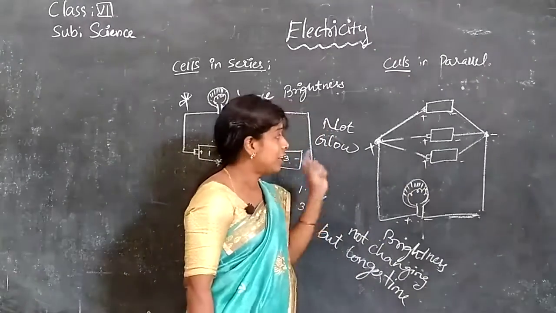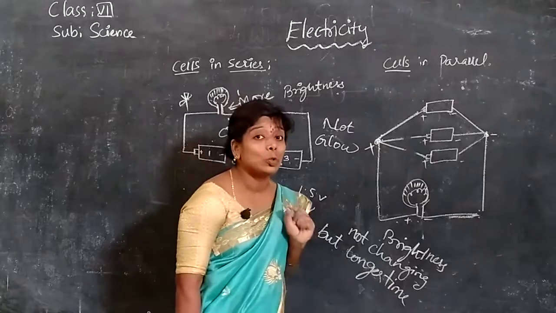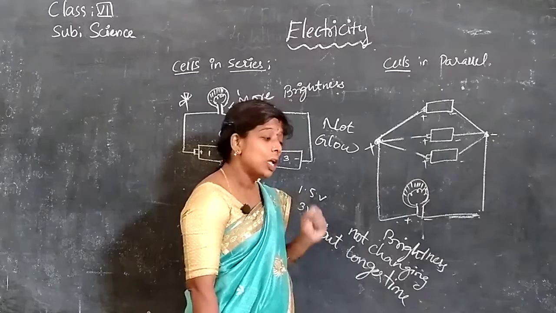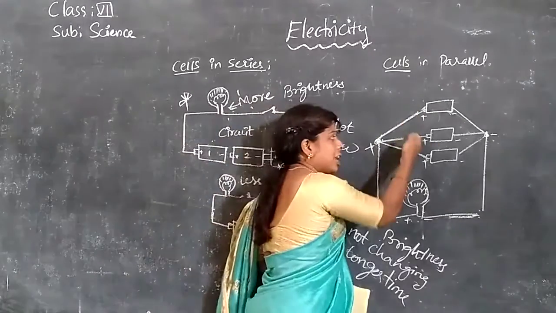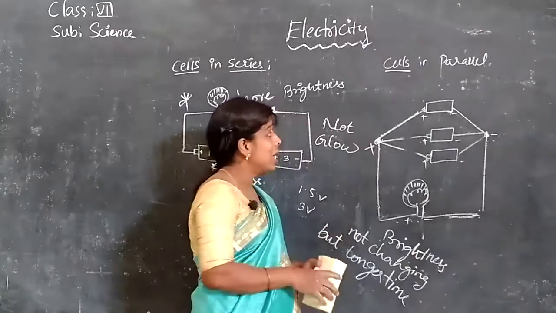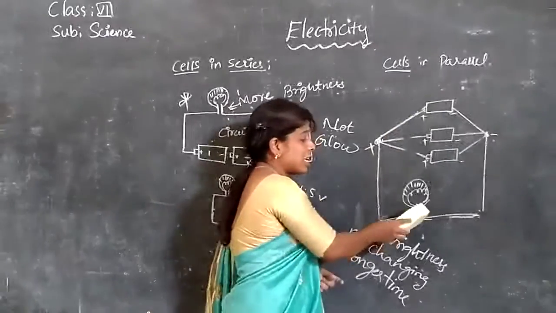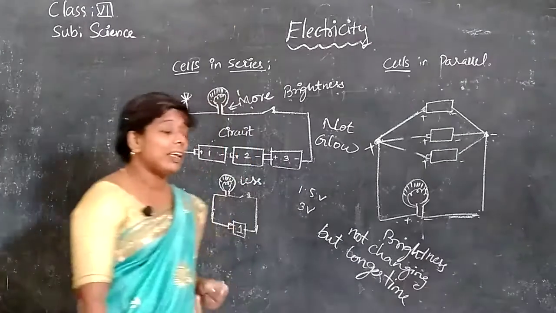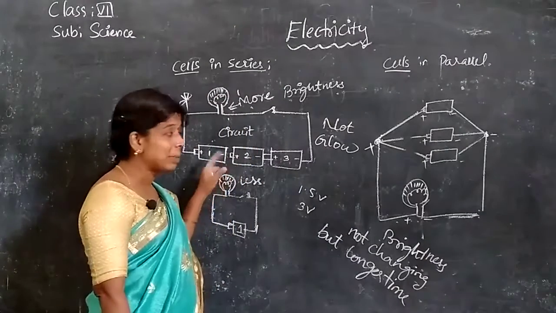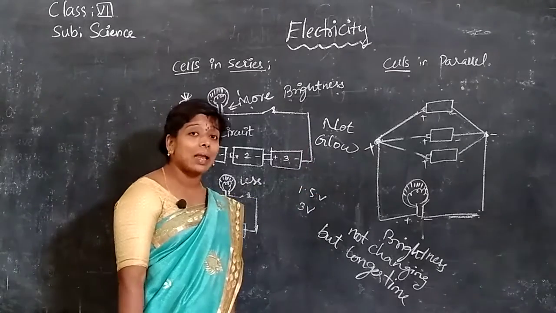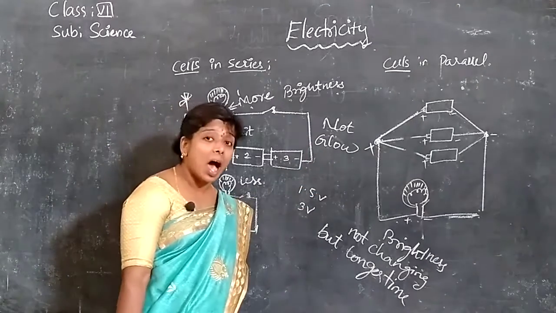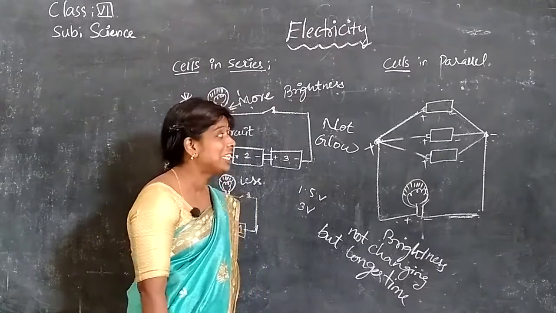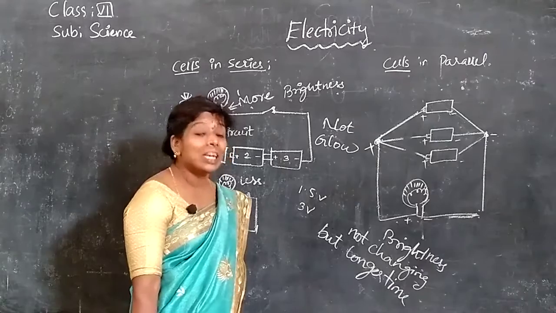Again here also, think that it is gone, even though the bulb is glowing. Why? For a bulb or any electrical device to work, positive and negative charges are needed. Say here they are broken, but positive charges from this cell are reaching, and negative charges from this cell are reaching. Cells in series, if there is any breakage, it will not work, but cells in parallel are working, it is not getting disturbed.